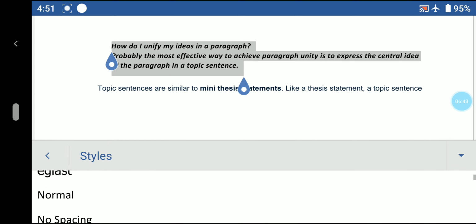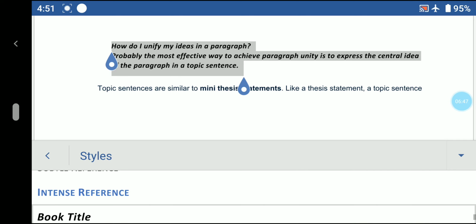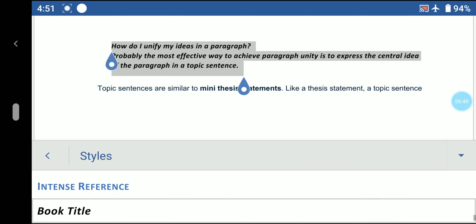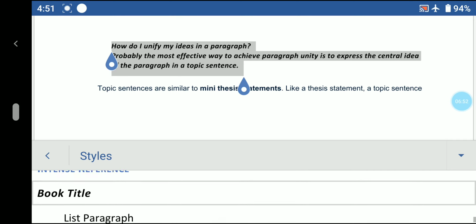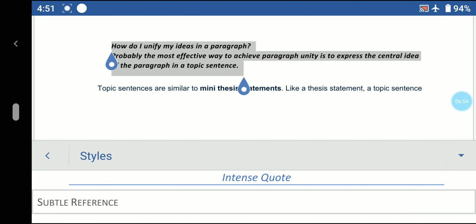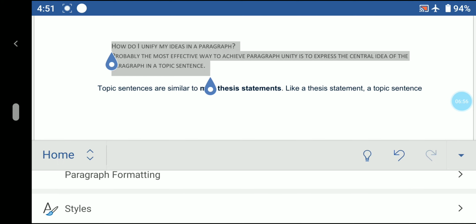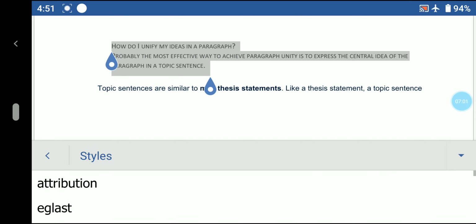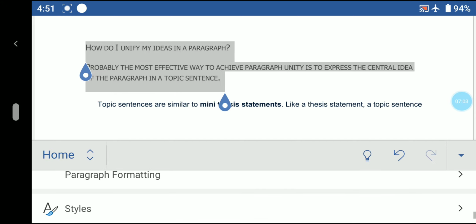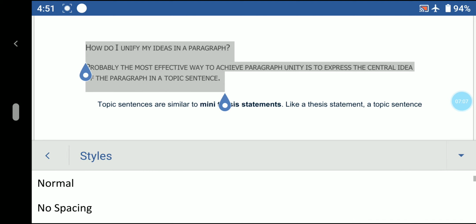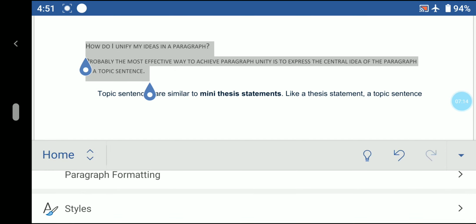Let's check what we have not done. Subtle Reference, have I done it or not? We have not done Subtle Reference, so I have checked it also. Now Attribution, that is left, and Normal. Again we are going back to Normal. Normal will look like this.